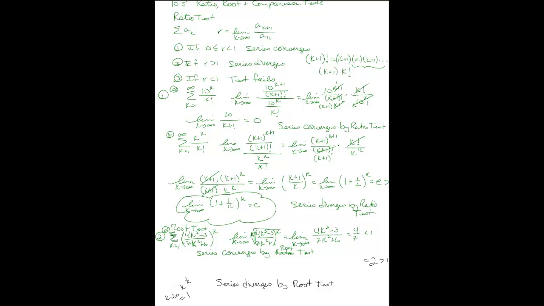Okay, part B wants us to do the summation k equals 1 to infinity of 2^k over k^10. So if we're looking at that one, the limit is going to turn into the limit as k goes to infinity of the kth root of 2^k over k^10,